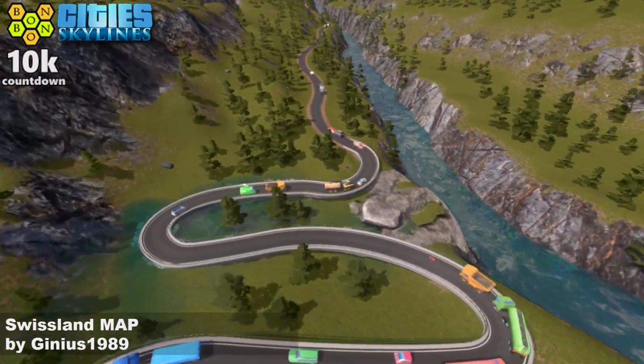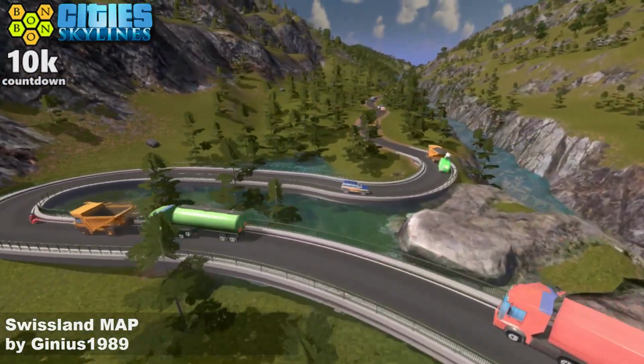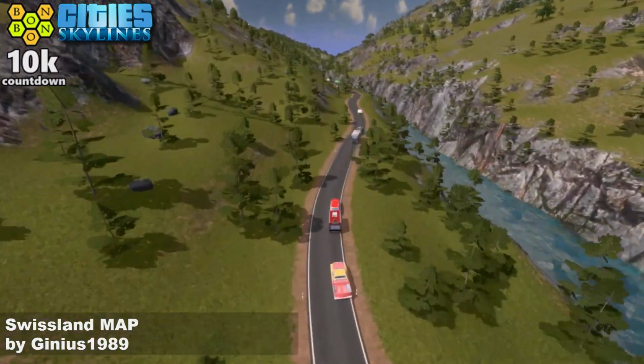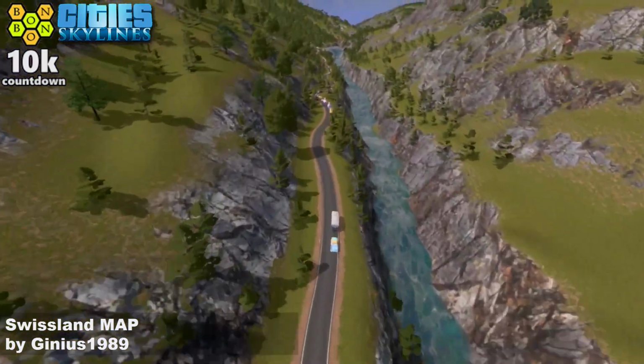Mind you, it is elevated, so the water doesn't seem to be causing any problem with the traffic. So it kind of works. Indirectly. I don't think it was planned, but if it was planned, well done. But I still think there was probably a better route to be had there. And we'll follow the side of this